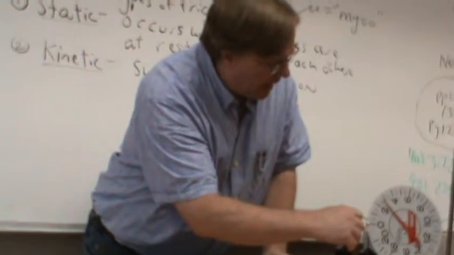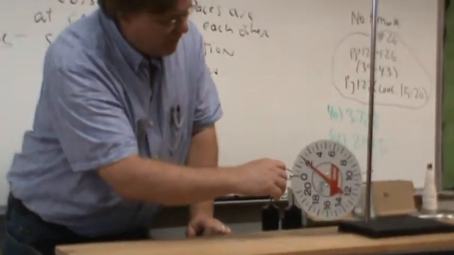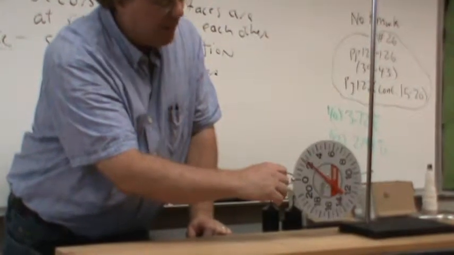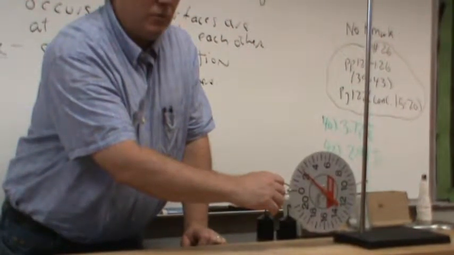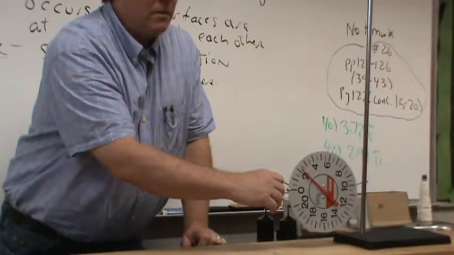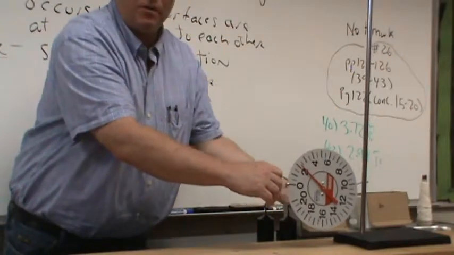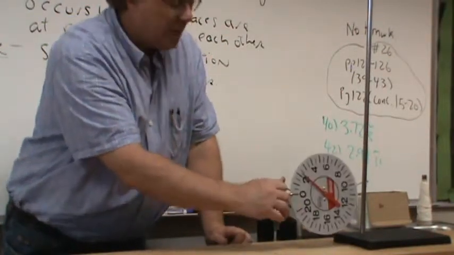Here we go. I am trying to move this ring stand. I am exerting 2 newtons of force on it. Tell me, how much friction force is opposing my 2 newtons of applied force? Yeah, 2 newtons, right? Because the net force on this is 0 because it's not moving. The acceleration is 0, so the net force is 0.